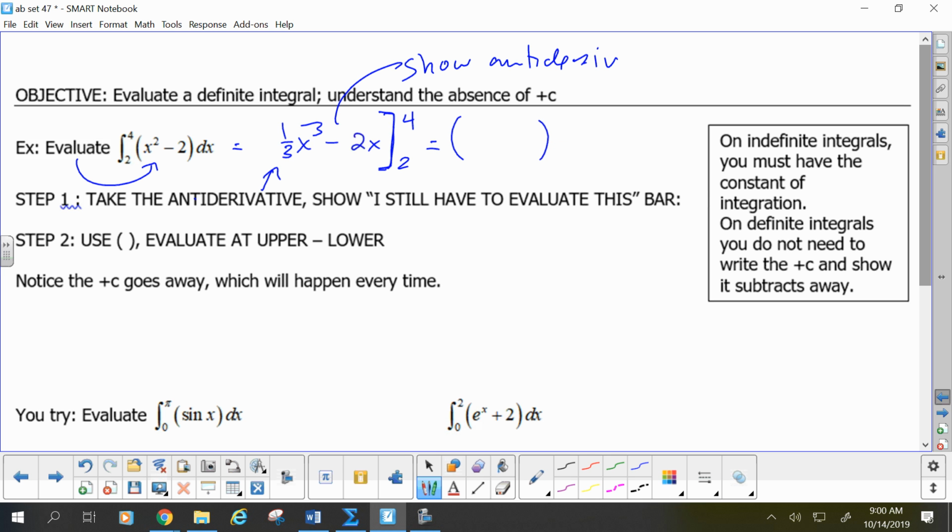So when I have this evaluation bar, you evaluate at the upper limit first, the right endpoint. Okay, so when I put 4 in, I get 4 cubed over 3 minus 2 times 4. And then when I put 2 in, I get 2 cubed over 3 minus 2 times 2. You see where I'm coming from? Okay? In terms of evaluating this,